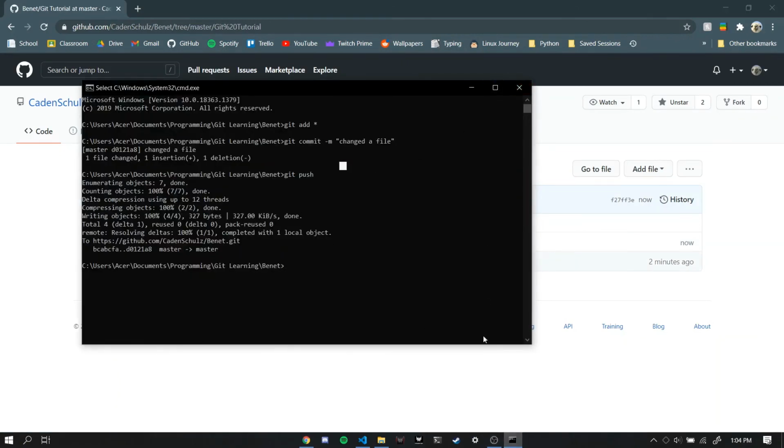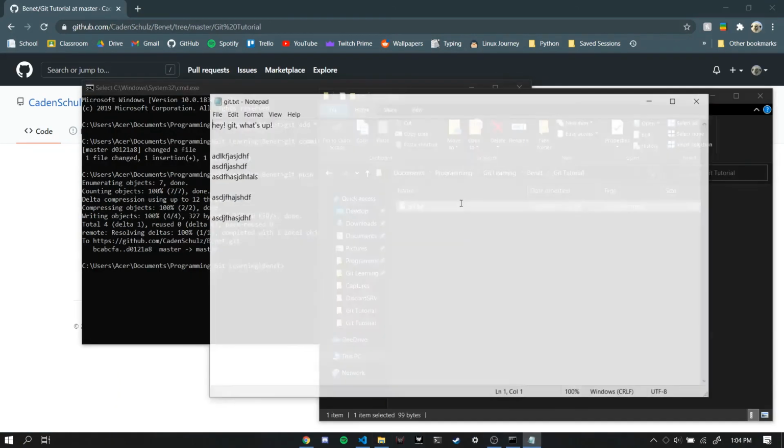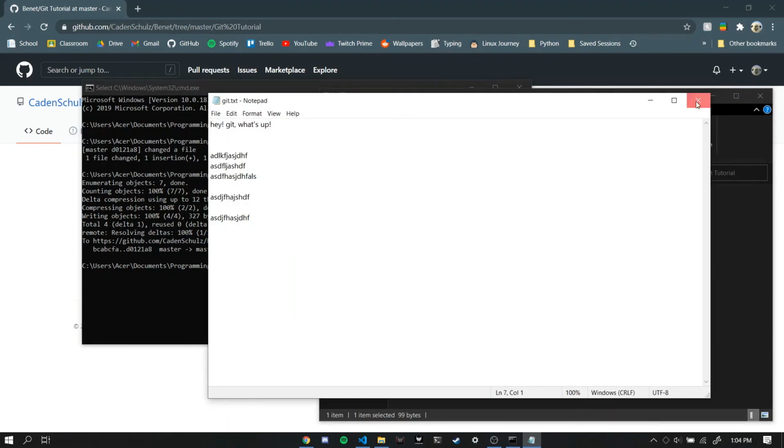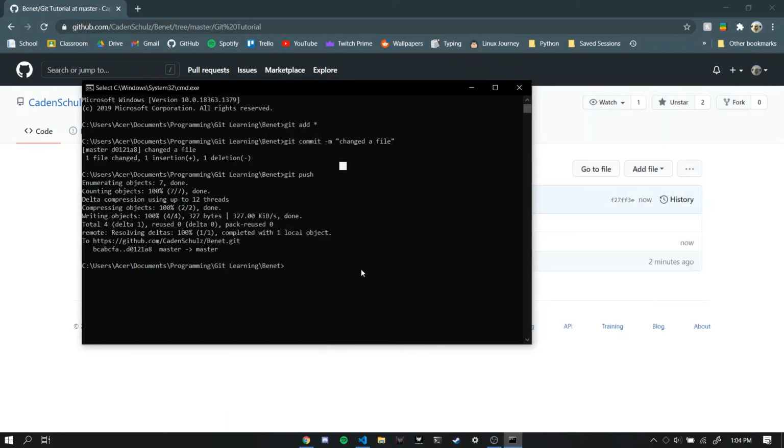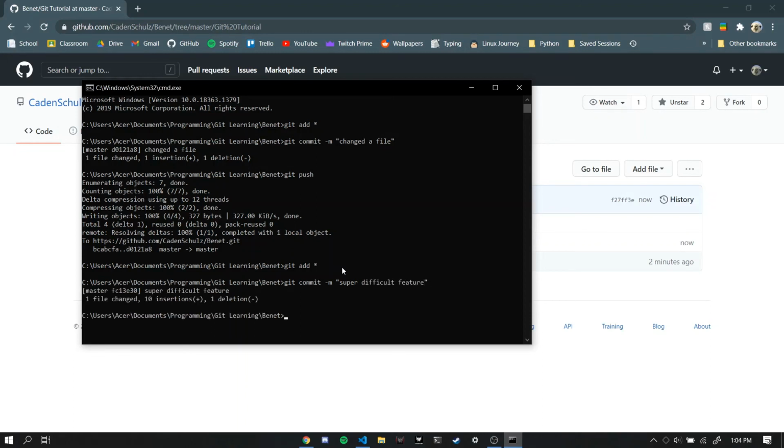And you also added your own new stuff over here in git.txt, right? Let's say you want to add it, so you do git add star, git commit -m super difficult feature. Yeah, you get the point, right? Now when you go to push it,